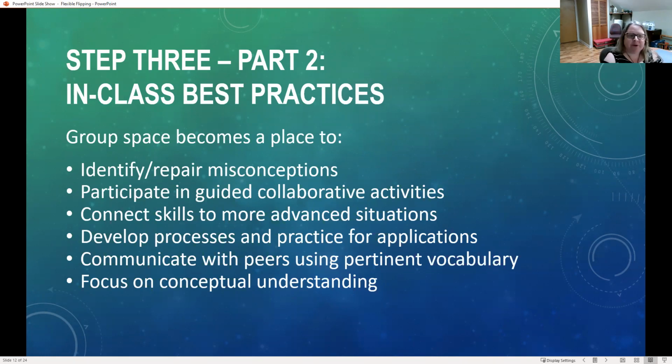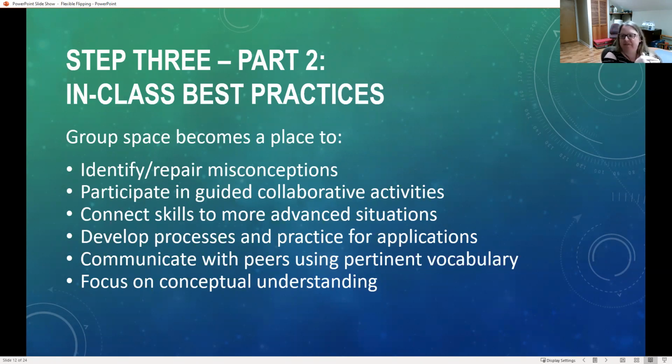Developing processes and practices. So help students see commonalities from one situation to another. When you're doing videos offline, especially when you're marking them into those short 3 to 5 minute video times,